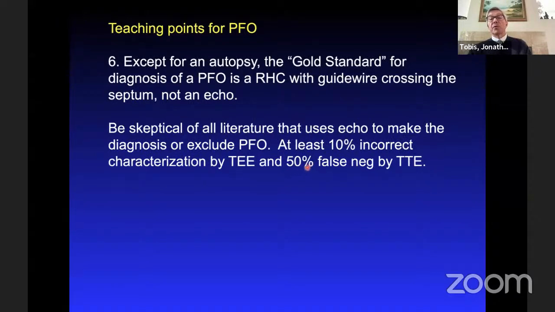Transthoracic echo is even worse, 50% false negative. So when we're working up the PFOs, my preference is to get a transcranial Doppler first as the best screening test, and then get a transesophageal echo to actually look at the anatomy. The echo lab told us we're going to stop doing transthoracic echoes to work up PFO because it would come back negative, and then they would order a TEE anyway.